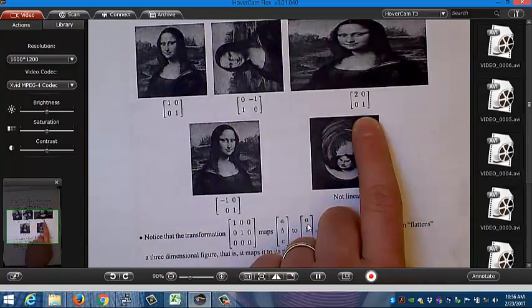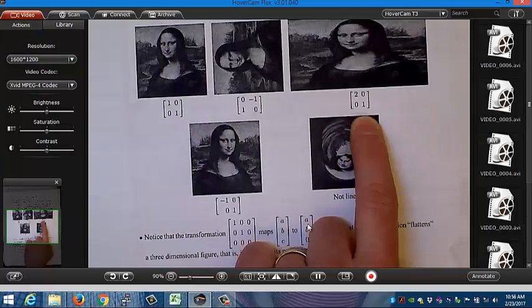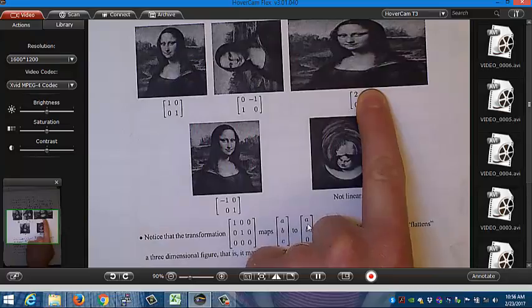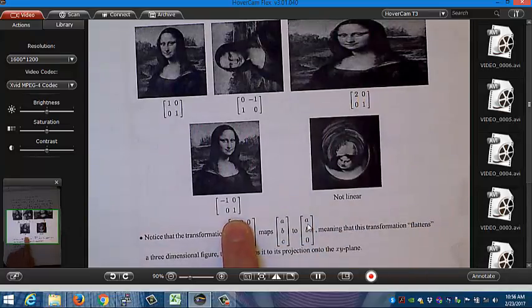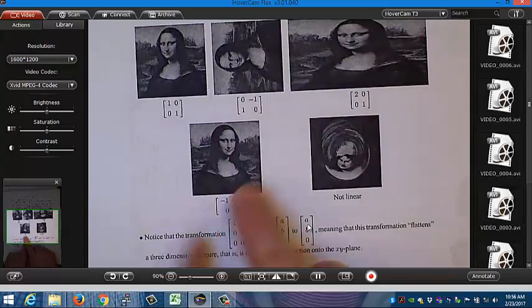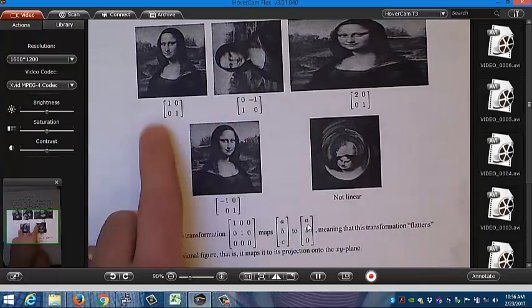What's this matrix doing? It's stretching, multiplying the x direction by 2, but the y direction is not being changed. And so, see what it does? Kind of stretches her out. What's this matrix do? Of course, if you rotate 360, a flip, that's right. So the x coordinates we took the opposite of it, right? And so we take the Mona Lisa